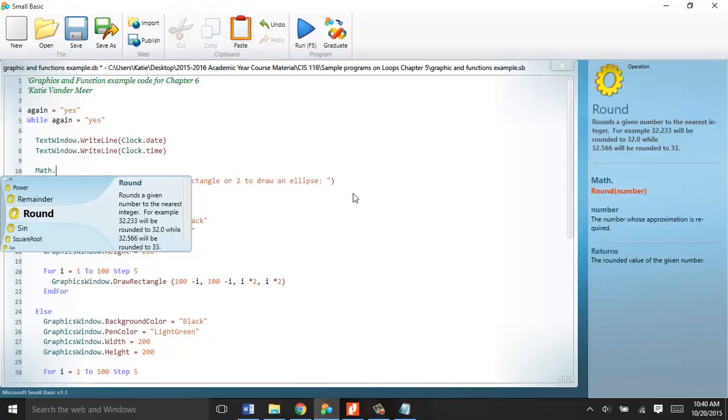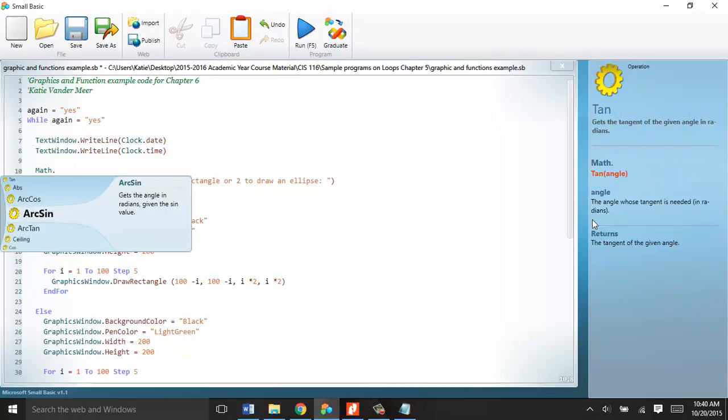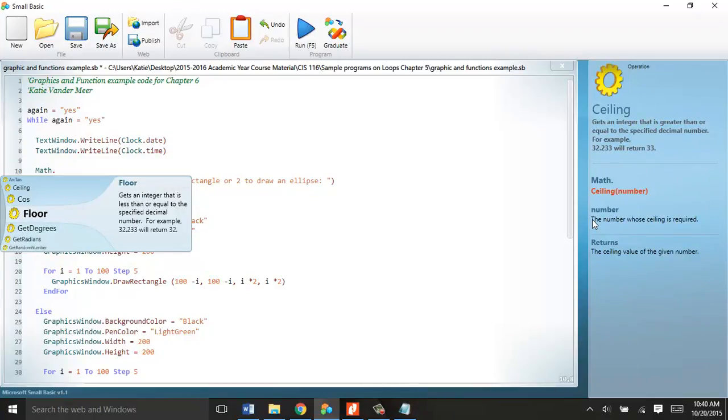Oh, right there. Given a number, it rounds to the nearest integer, so it would be rounded to 33. This doesn't do exactly what we wanted if it was a decimal, but that rounds a number up. But there's a whole series of math functions that you can use inside of